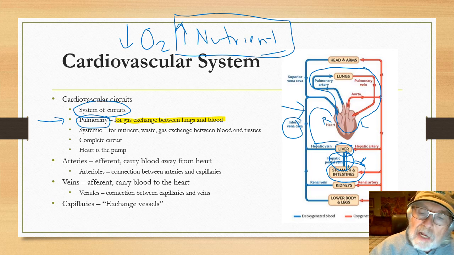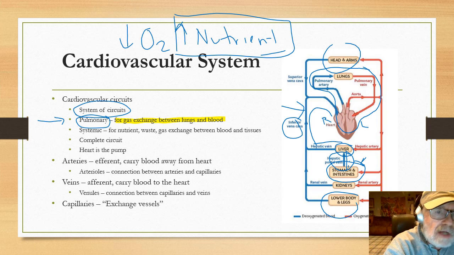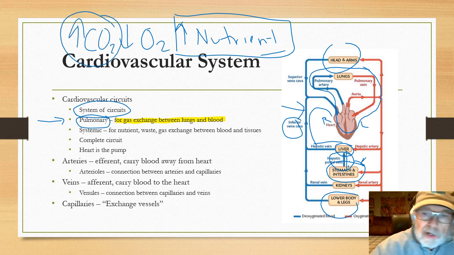However, when I get down to the rest of the body, the head and the legs and the arms and everywhere else, a lot of that oxygen that was put in the blood has been taken out. As a result, the blood has low oxygen, but it also has higher levels of carbon dioxide. I have to get rid of that. So the blood comes back to the right side of the heart, right in here, with high levels of carbon dioxide, lower levels of oxygen,